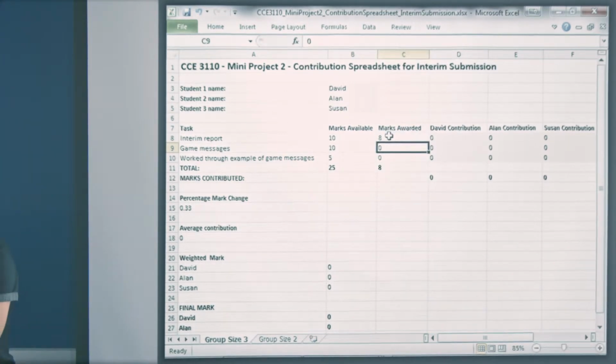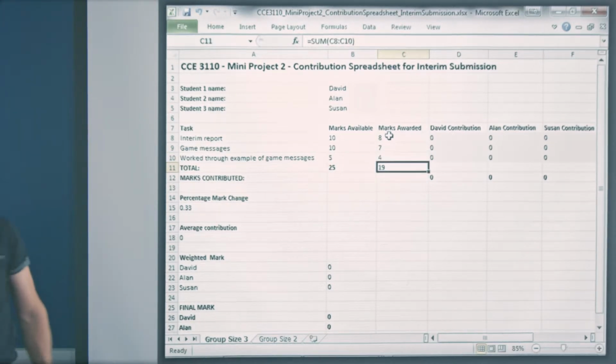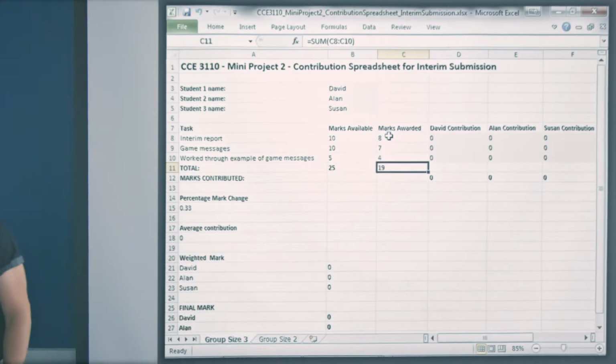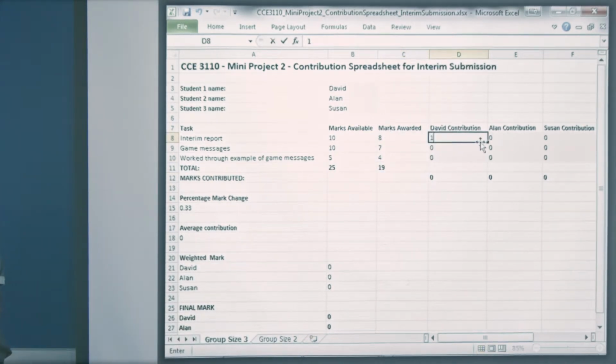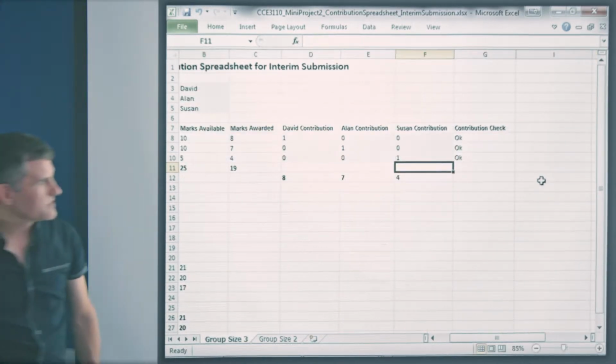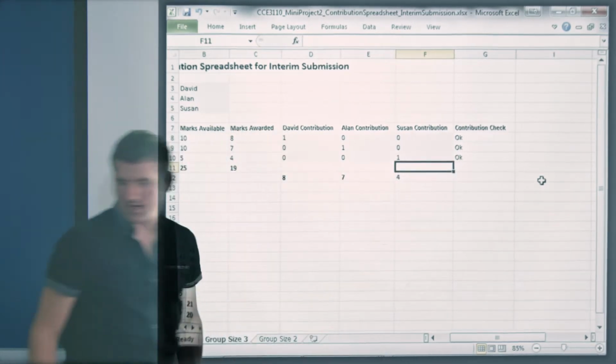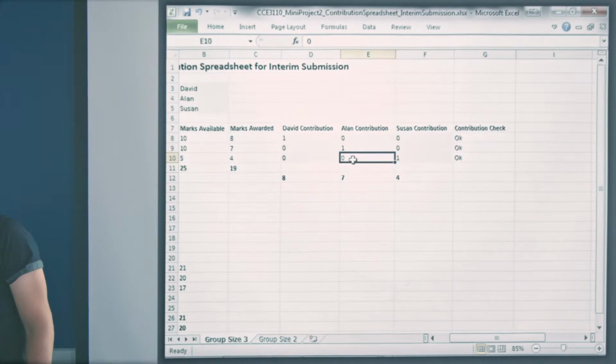Now, let's suppose the project did pretty well. We got 8 marks for the game messages, 7 for the worked example, for example 4. So the interim submission gets like 19 out of 25 marks. Now, suppose I do the work on the interim report, Alan does the work on the game messages, and Susan did the work on the worked example of the game messages. In that case, you can see the contribution check is okay, because each of these rows adds up to 1. Now if the rows don't add up to 1, if I had a 1 there as well,